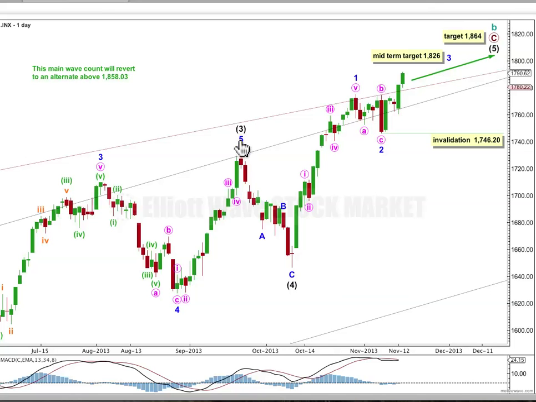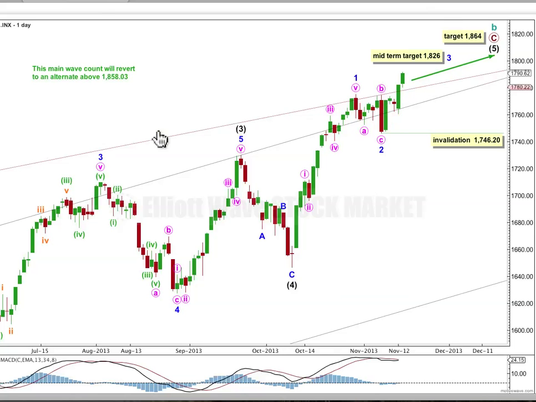and the third wave at intermediate degree is less than 1 point off 2.618, the length of the first wave. So if the fifth wave reaches equality with the first, that'll be a really typical Elliott relationship between those impulsive waves. Within minor wave 3, no second wave correction may move beyond the start of the first wave below 1746.20. At this stage, within minor 3, I expect we've had 1 and 2, and 3 is now breaching the